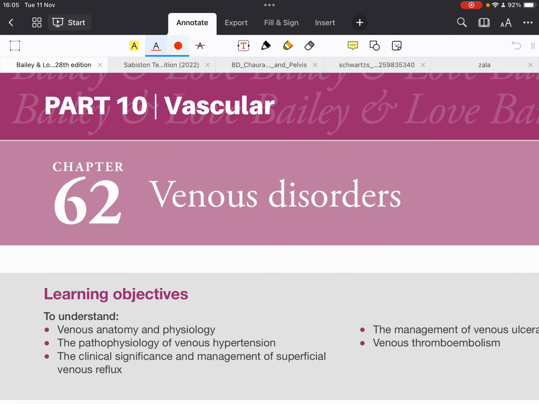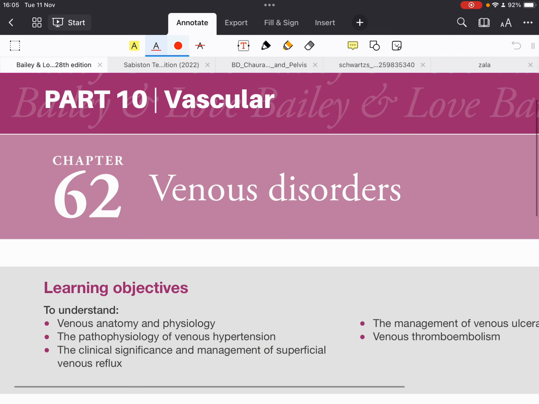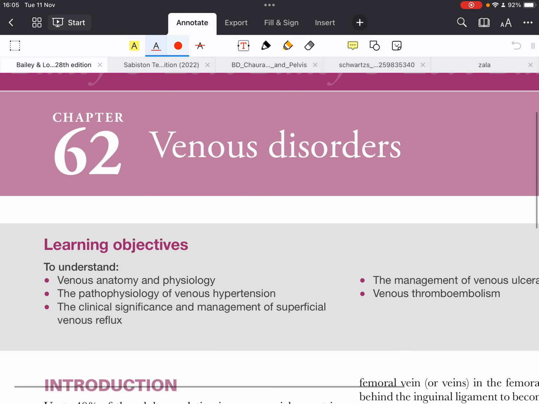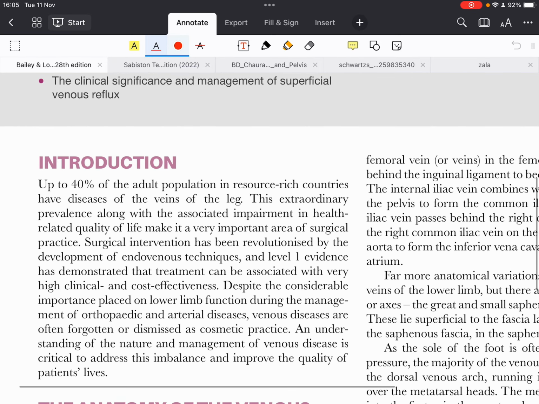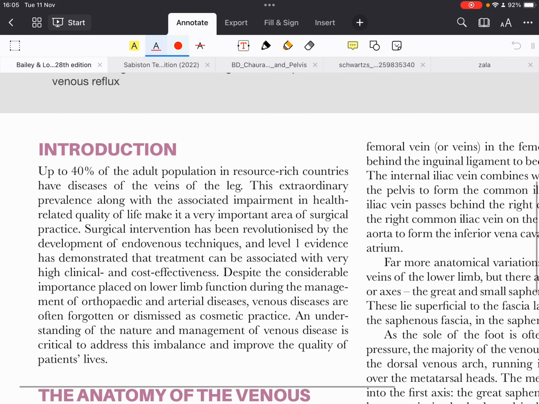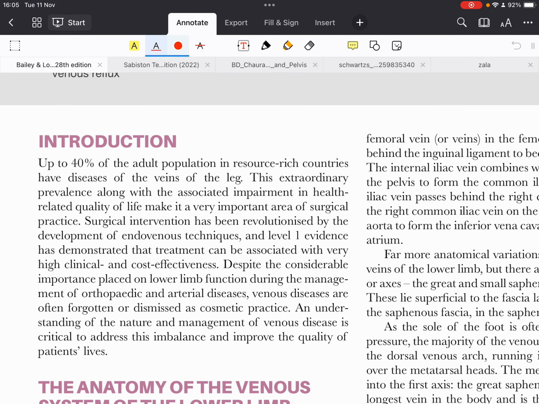Okay, let's start with vascular disorders in Love and Bailey, chapter 62, venous disorders. Introduction. Up to 40% of the adult population in resource-rich countries have disease of the veins of the leg. This extraordinary prevalence, along with the associated impairment in health-related quality of life, makes it a very important area of surgical practice. Surgical intervention has been revolutionized by the development of